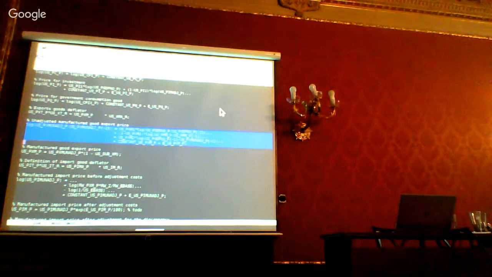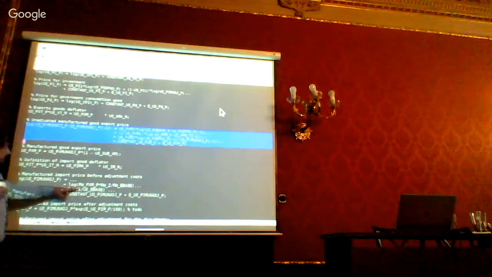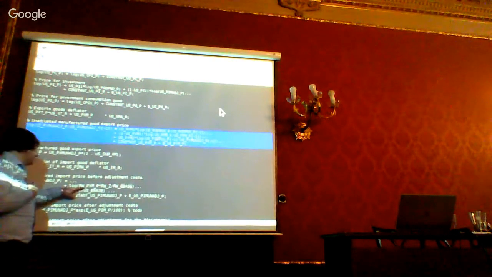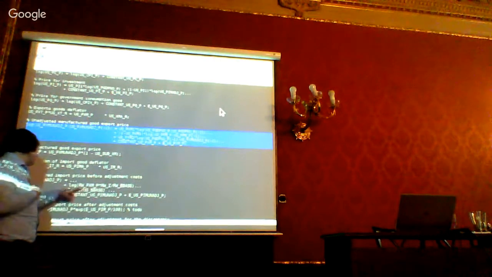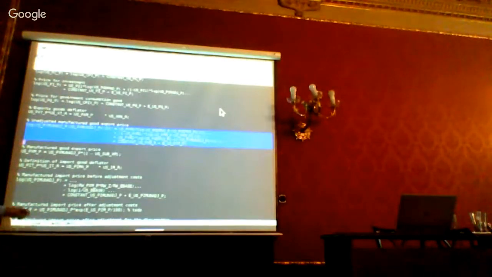Yeah. Here is import price. Okay. So it is basically the function of the real exchange rate and then the export price in the rest of the world, plus some shocks. It's very simplified here. Yeah, now I am a little bit slower because it is now different from what I used to look at. So I'm just trying to map out what the